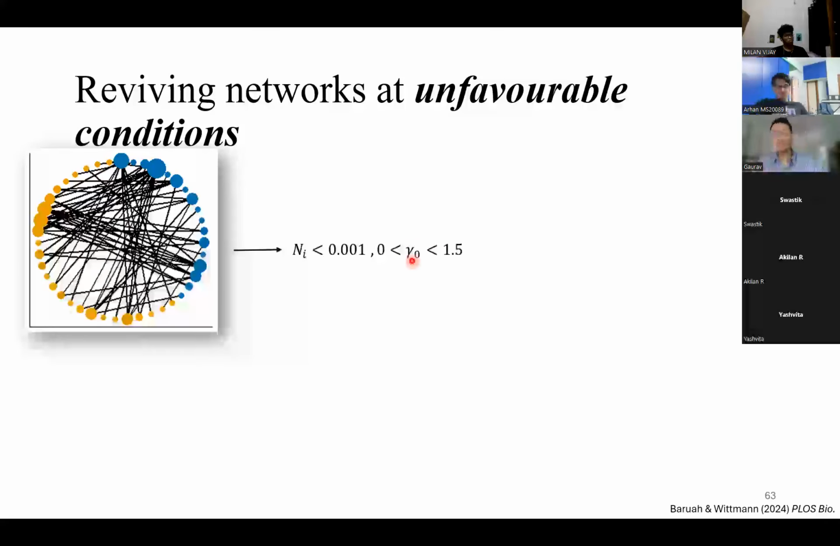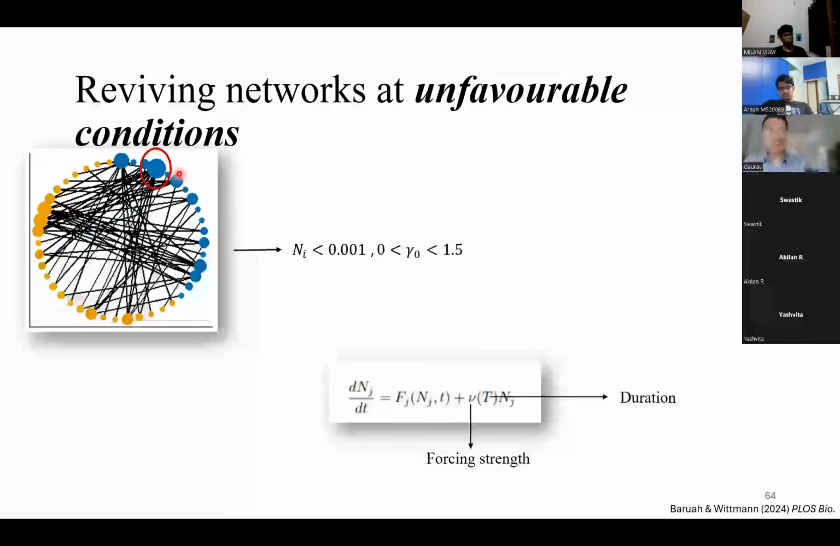And gamma naught, which is basically the environmental conditions, lies between these two parameters, which also signifies that the environmental conditions are very low. Now, what we do is choose a species in such a network, let's say, based on betweenness centrality, which you might know from graph theory, or degree centrality, and there are a bunch of other network measures that you can compute. Here we specifically pick a species with high degree centrality, which is this one, and then we repeatedly force this particular species with a forcing strength